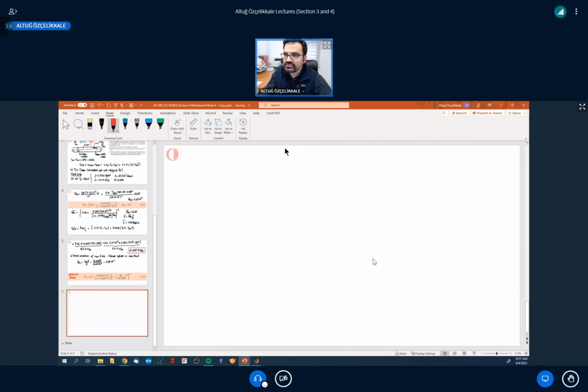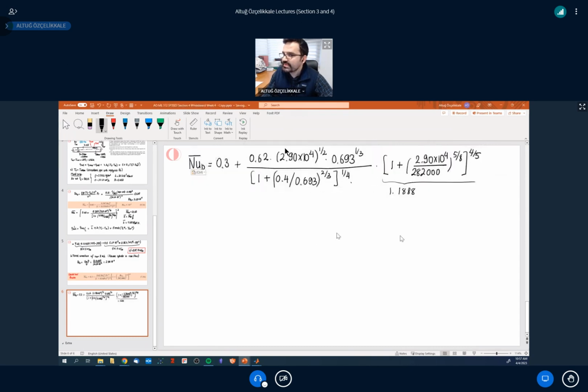It's a lengthy correlation, so I will paste it here. And based on this result, we are going to have a Nusselt number of 97.67. And from here, the average convection coefficient is